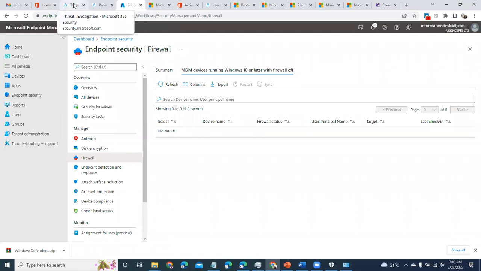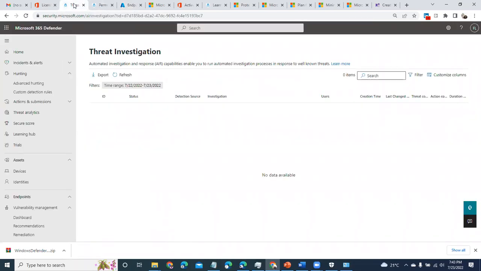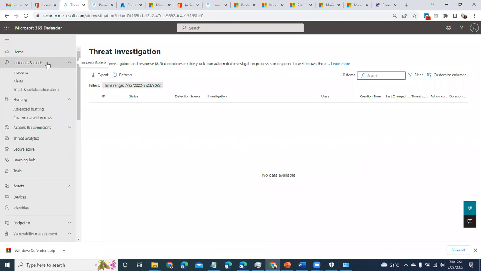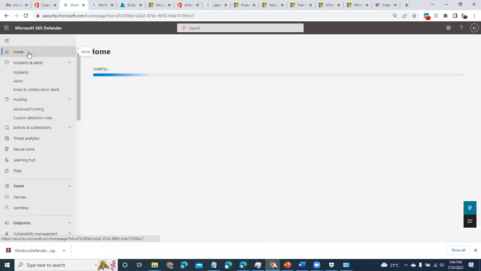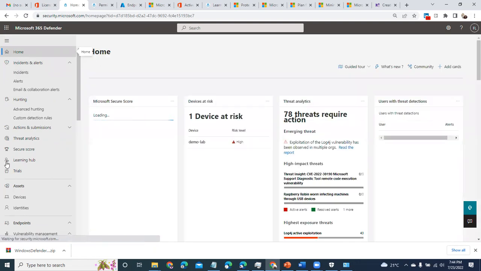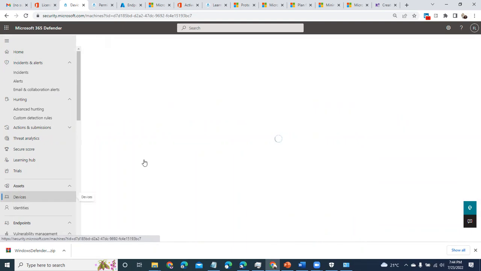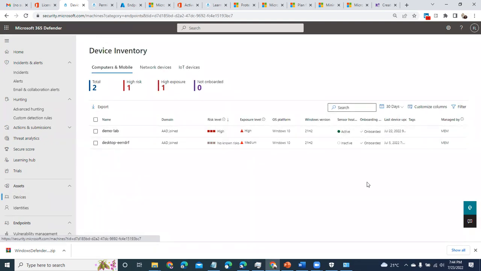Okay, so in summary, we've seen the different policies that can be created using Microsoft Defender for Endpoint. We've seen that we can create the firewall rules, the antivirus, and the EDR. All of these policies were created, and the sensor begins to send this telemetry to Microsoft Defender for Endpoint. And so this device would begin to feed us with this information.